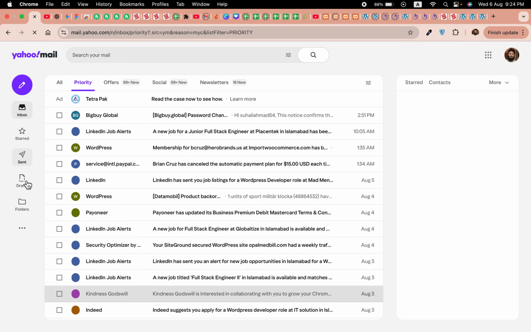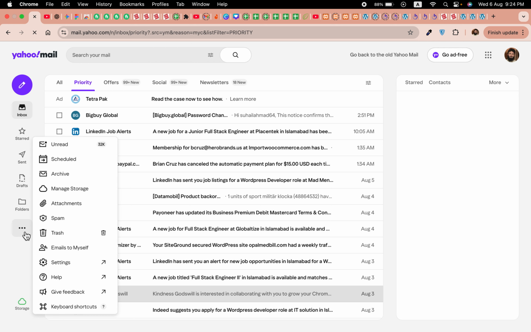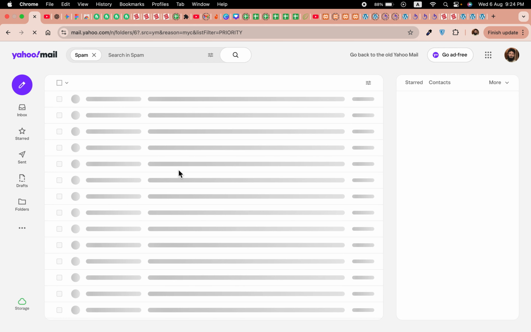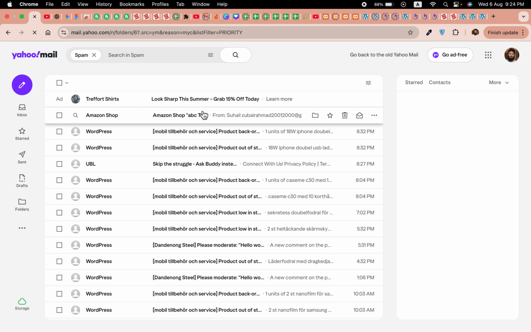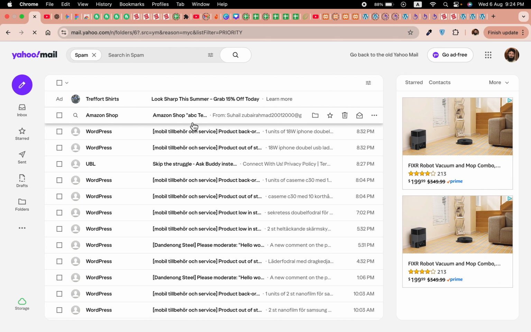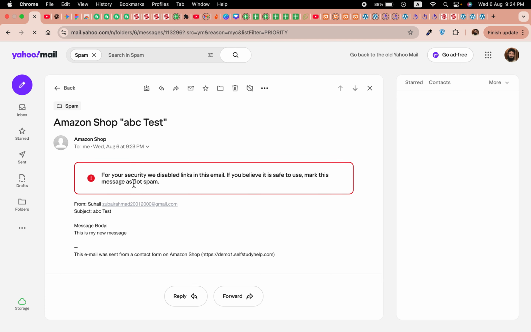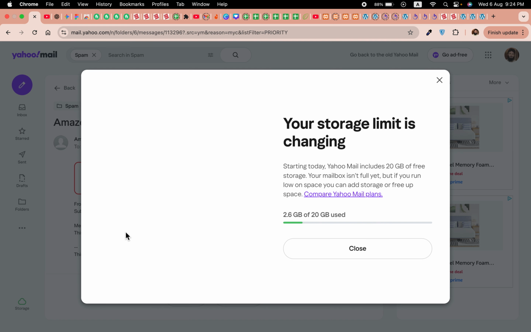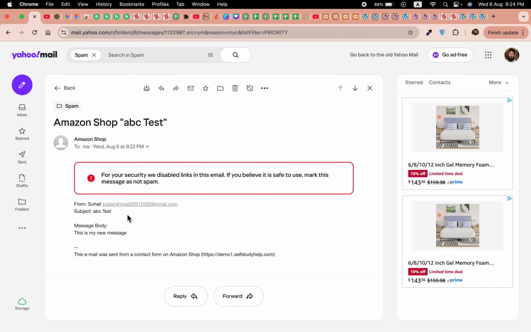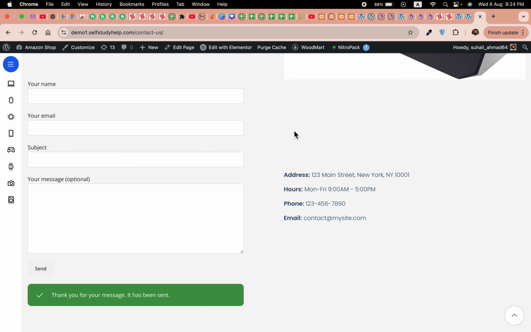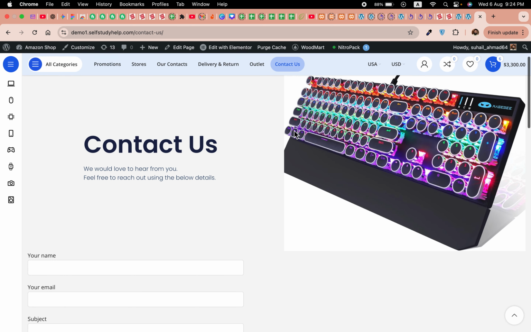Not yet. Let's also check the spam, because I do not have SMTP added to my WordPress website. That is why this may be in our spam folder. So it is in our spam folder, test ABC, and we have this is my new message, and we have this email received. So this is how you can build a contact form using Contact Form 7 plugin and Elementor